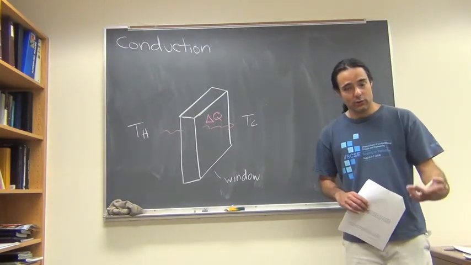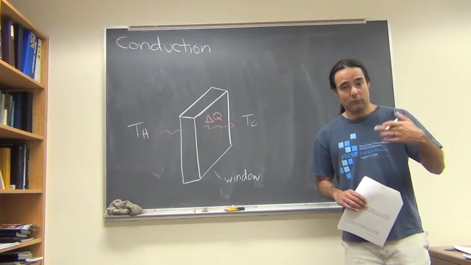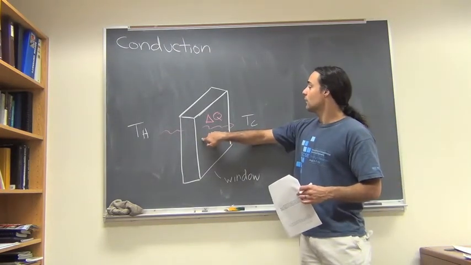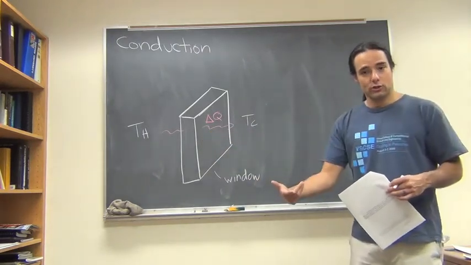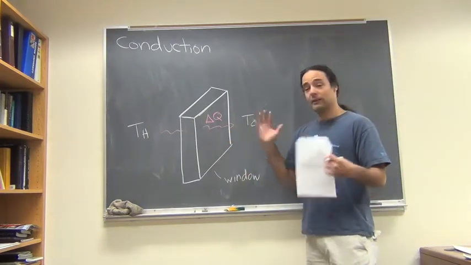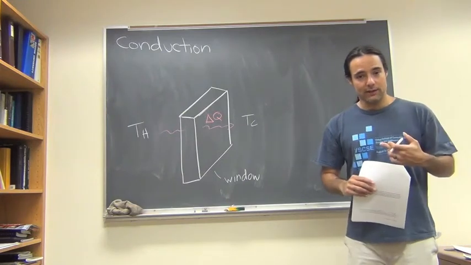a measure of the amount of energy that we're losing. We've got to replace that energy, usually through gas heating or electric heating. And if that's the case, we're going to have to pay for that. So you pay a certain amount per joule of energy that you use. So we want to, at least for the case of windows, we want to reduce the amount of heat flow